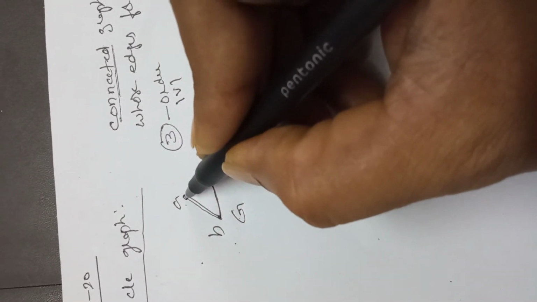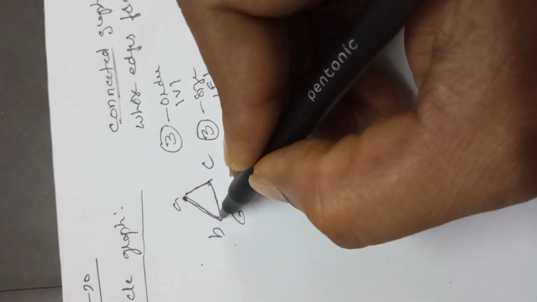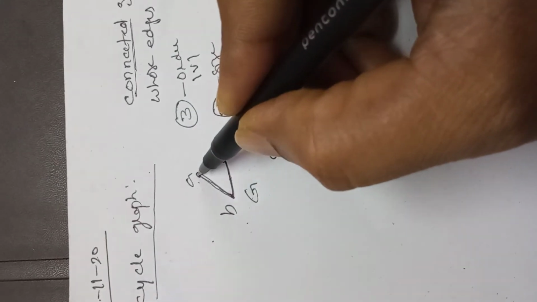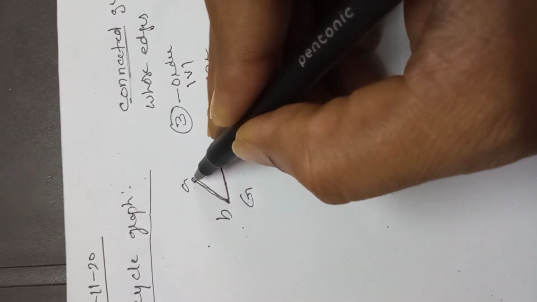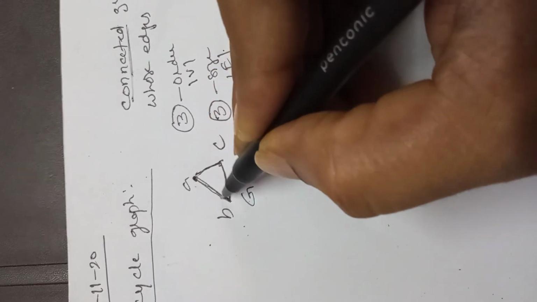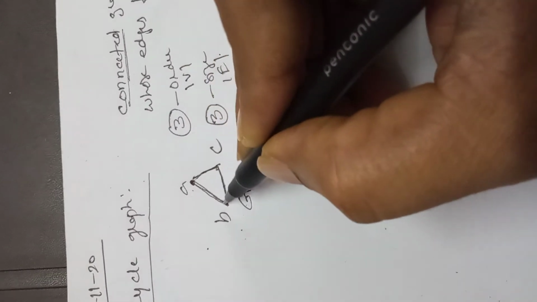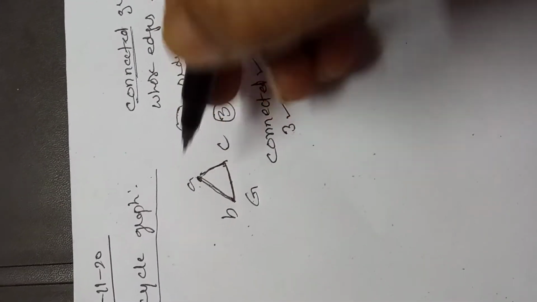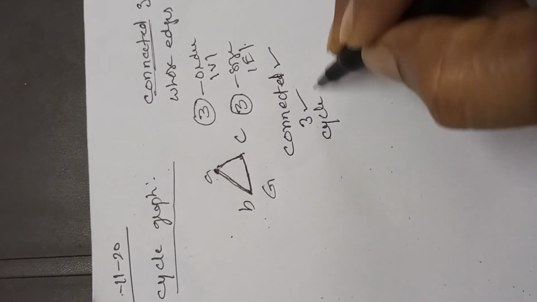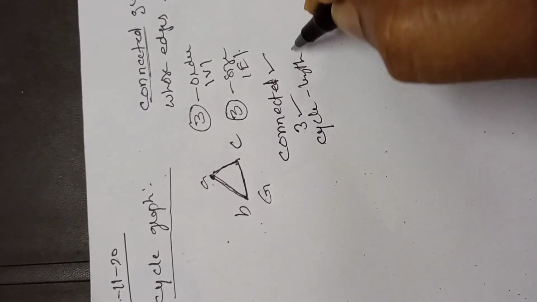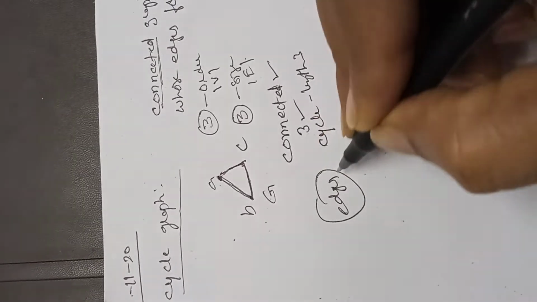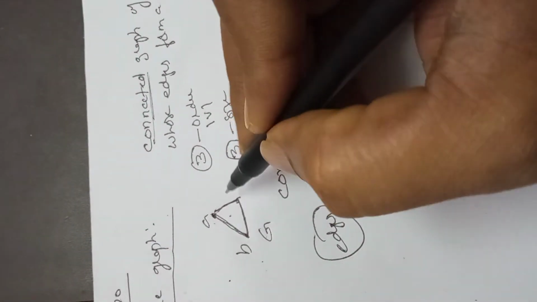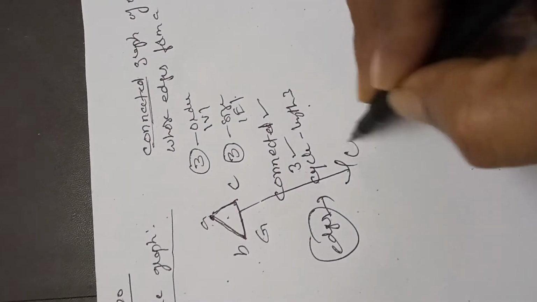Suppose the starting point is here, now we go along this edge and then this one and then this one, right? Our starting point and final point are the same. Therefore this is a closed path whose length, the number of edges, is 3. There are no repeated edges and vertices except the endpoint. Therefore it is a cycle. The edges of the graph form a cycle of length 3. Therefore this graph is said to be a cycle graph.